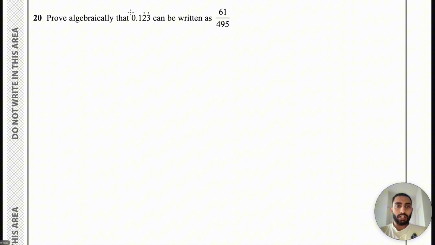Question 20. Prove algebraically that 0.123 with the 2 and the 3 recurring can be written as 61 over 495. It's just testing us on, can we convert recurring decimals into fractions? First thing I'm going to do is set this equal to x. So x is equal to